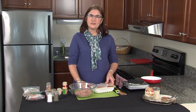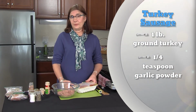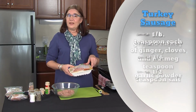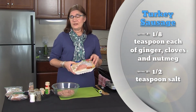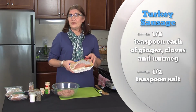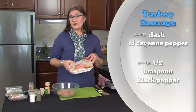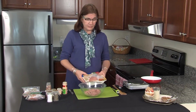Today we're going to make turkey sausage. A little twist on the sausage we normally probably have for breakfast, but turkey is a versatile and very lean, healthy meat. There's 26 grams of protein in this turkey, which is more than half of your daily protein need. We're going to start our sausage with 1 pound of ground turkey. I put that in the bowl,